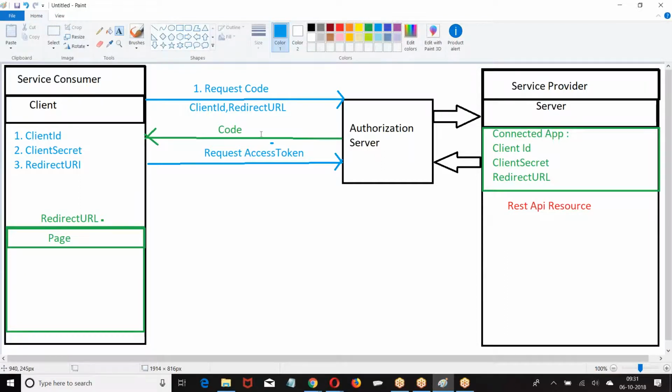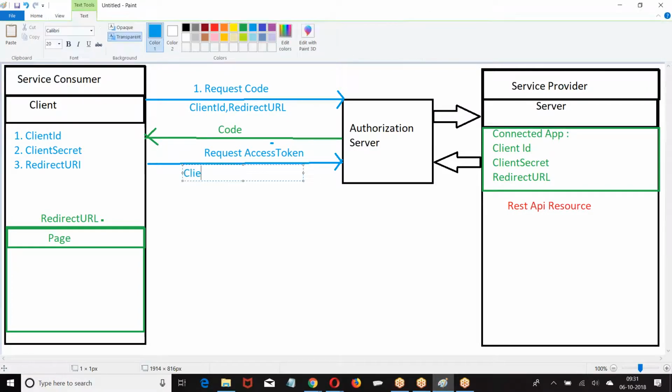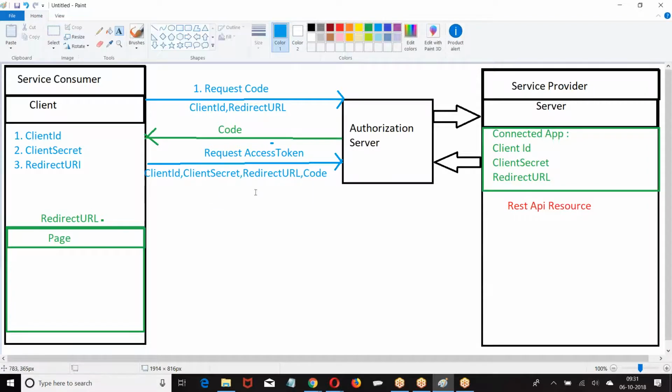Here is my code, send me the access token. Here is my data.